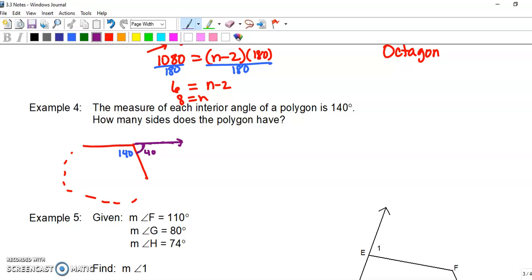If the sum of the exteriors is 360, and each one of them is 40, the number of them is 360 divided by 40, which is 9. So this thing has 9 sides. If we needed its name,